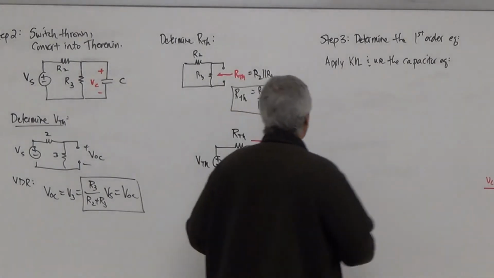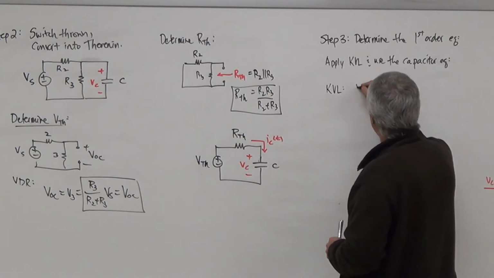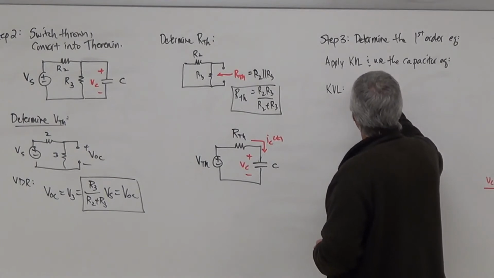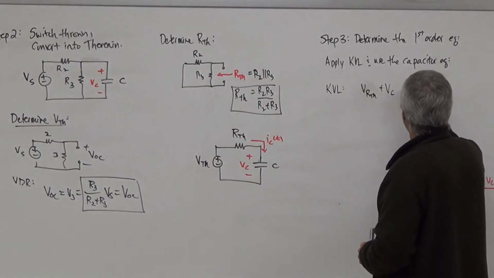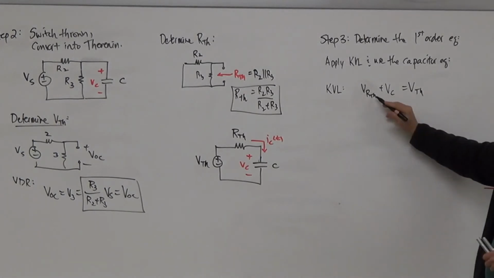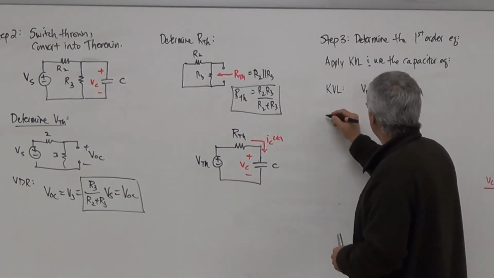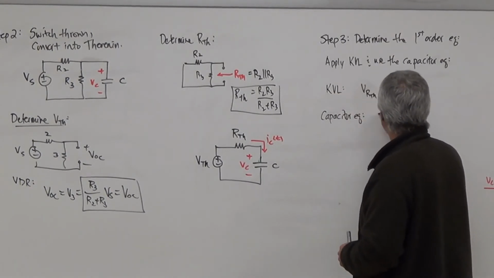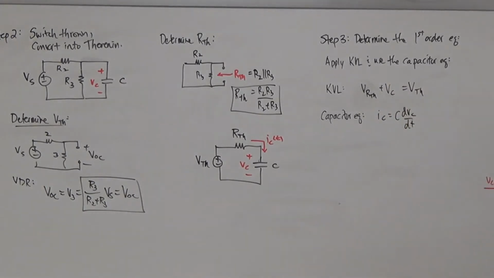So what I'm going to do then, KVL tells me what? KVL tells me that I'm going to have, actually let me write it the other way, the voltage across the Thevenin resistance plus the voltage of the cap must be V Thevenin. But that voltage across the resistor, since we know what the current is, should then be, so now we apply the capacitor equation, which says that IC is C dV/dt,